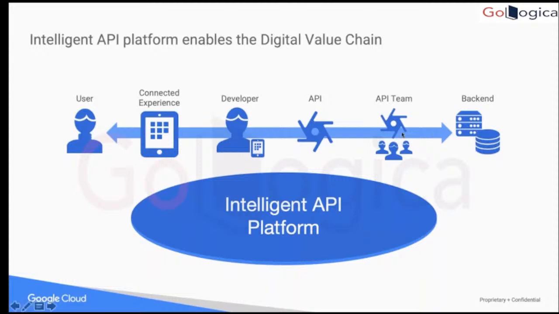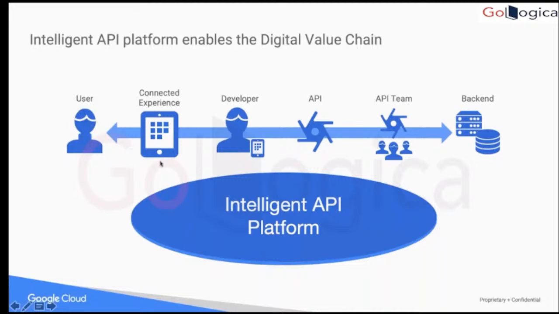There will be an API team involved, and this API team is adding some value on top of your backends, because the backend contains raw data. Then it will have some functionality. Then there is an API gateway here, and the API gateway adds some more value. It can add security, OAuth, rate limiting and all that. It will add more things, and then there will be a developer, and the developer will build apps which give you